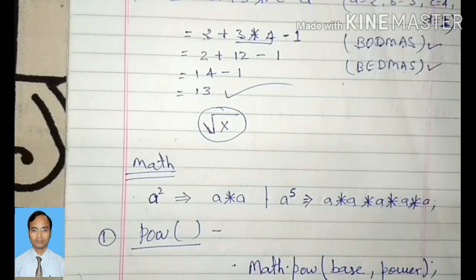Okay, come to the point. The pow function. What is this pow function? The pow function is used to calculate the power value. If we want to calculate the power value, the exponential value, then there is a need for the pow function. This pow function contains two parameters: one is the base value and the second is the power value. And the next one is